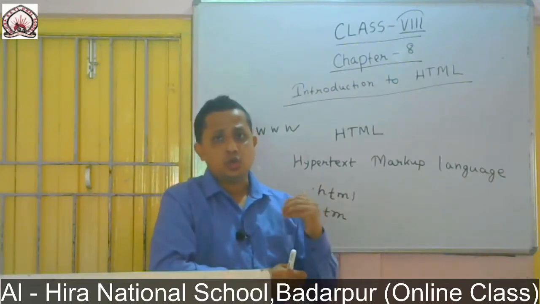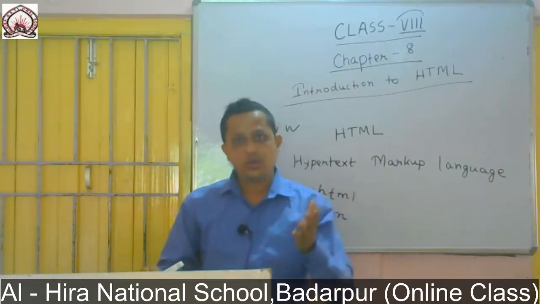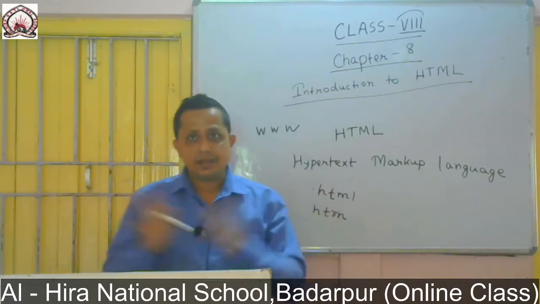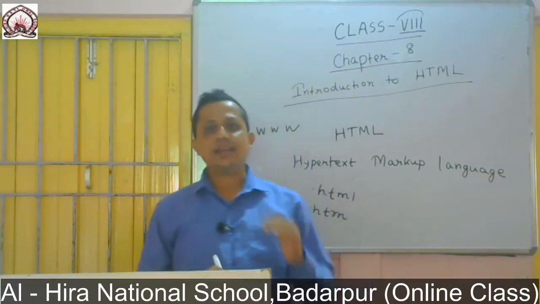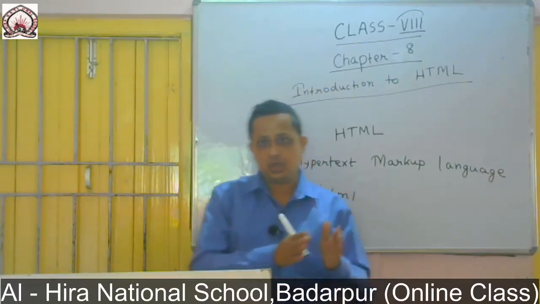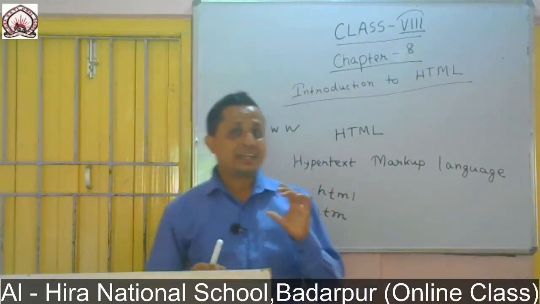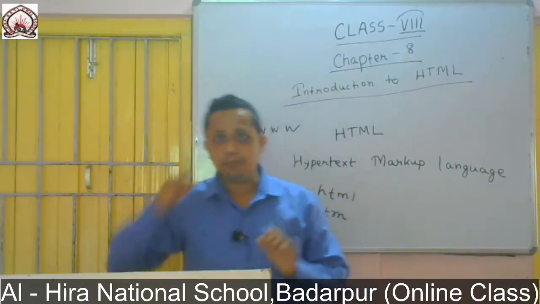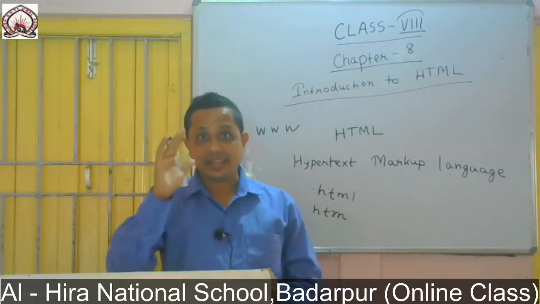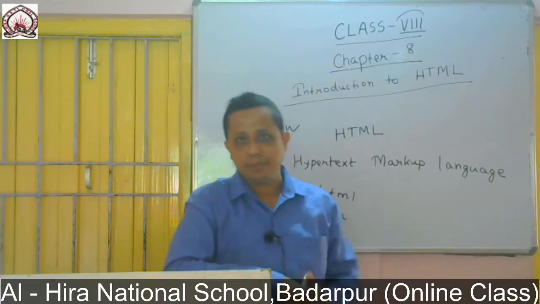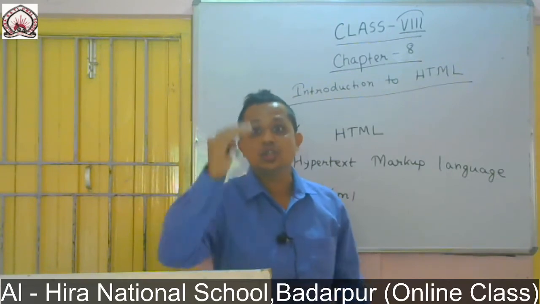Now coming to what is source code. The tags or codes for writing in a specialized language are known as source code. As we know, in computer languages there are high level language, low level language, and machine language. We as human beings understand high level language, but a computer understands machine language. That means 0 and 1. As I have told repeatedly in class, a computer doesn't understand normal ABCD. It understands the binary language, 0 and 1.